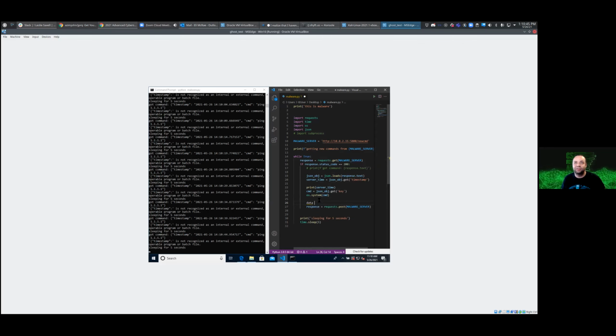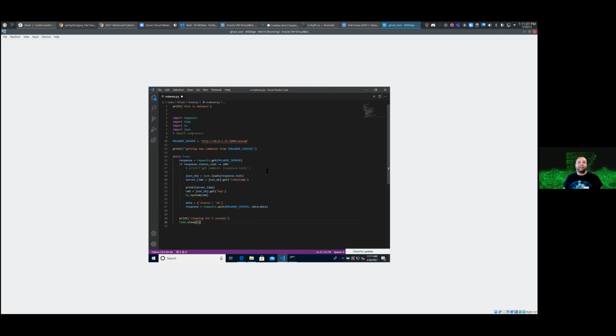Data equals status. Okay. Data equals, equals data. So what is this looking like? I'm creating a variable called data. It's a dictionary, the key status, value okay, right? Just sounds like a confirmation. The status of something is okay. And I'm going to make a post request to the malware server, slash